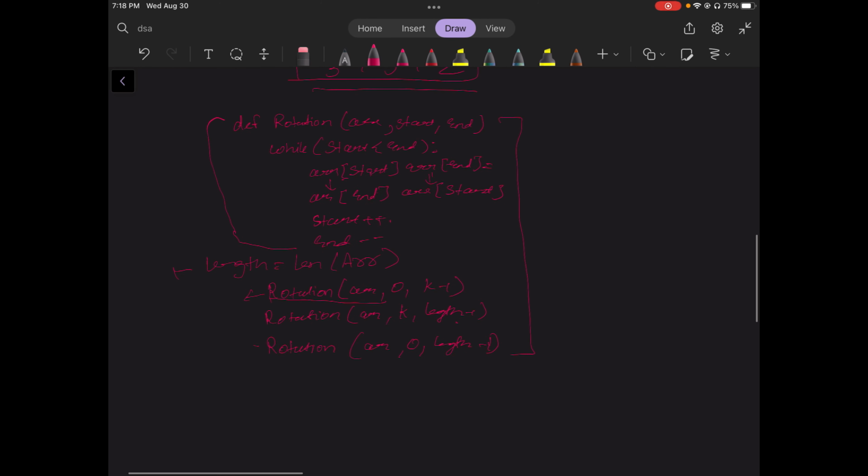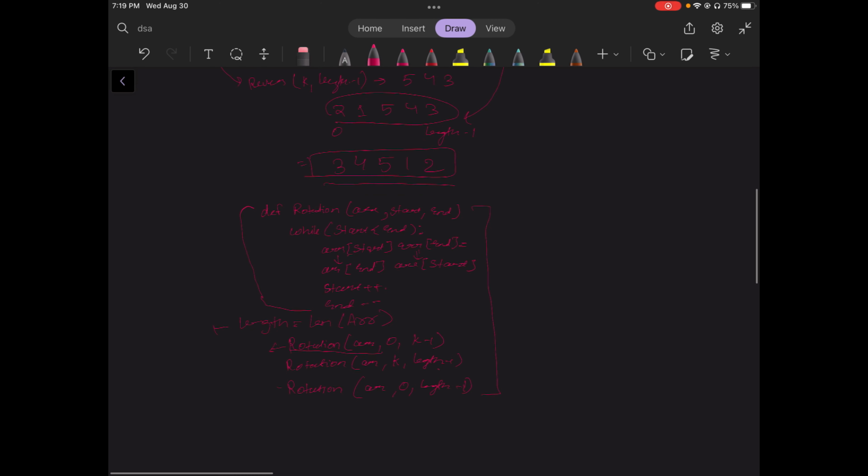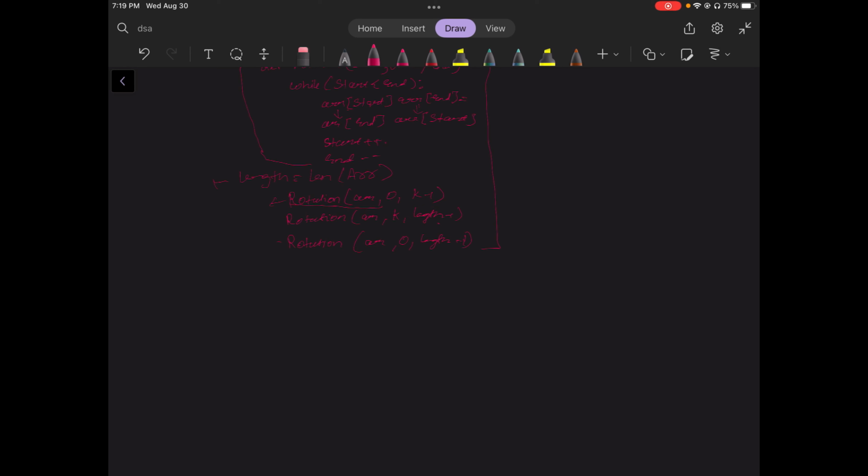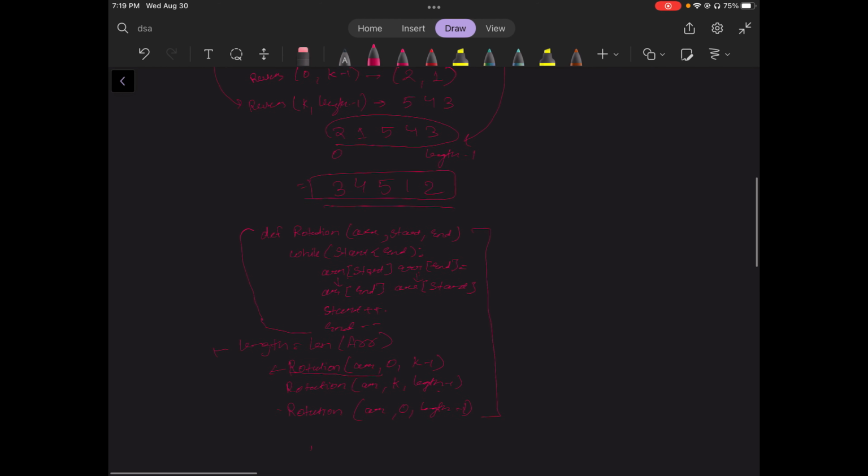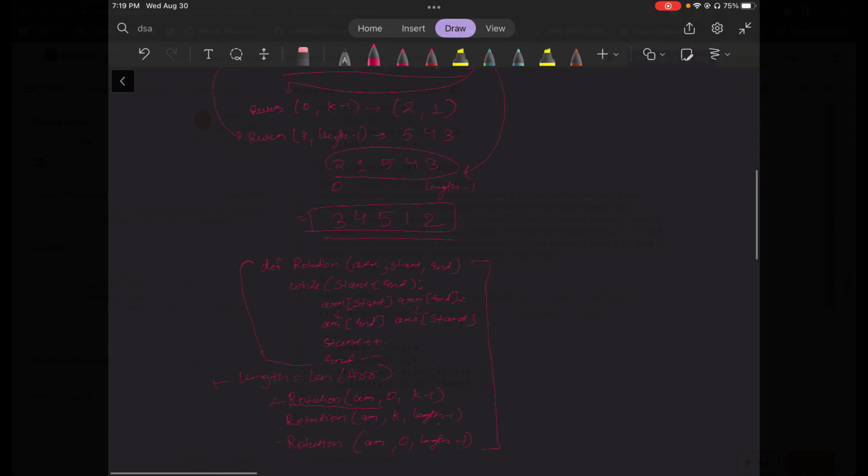So this was a step where we rotate an array using the normal rotation method. Next, we will be talking about the slicing method. So before going to the slicing method, let's go and see it on our terminal, and let's see whether the code passes the test cases or not. This platform,